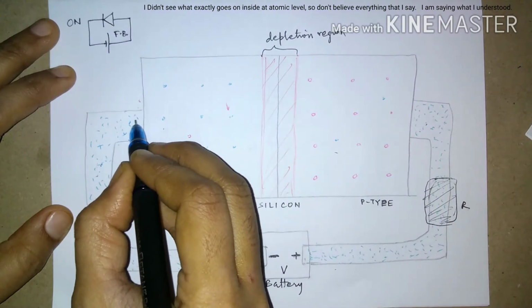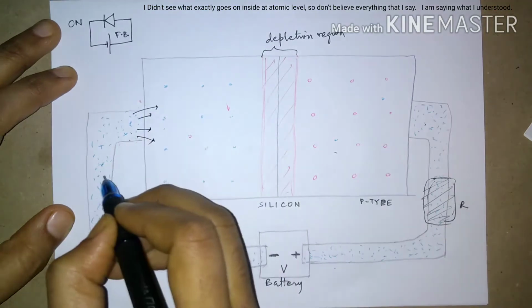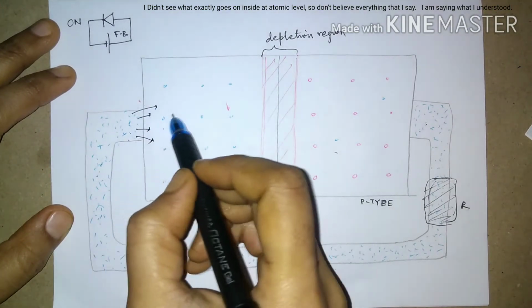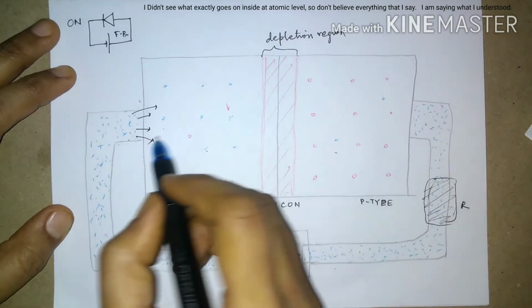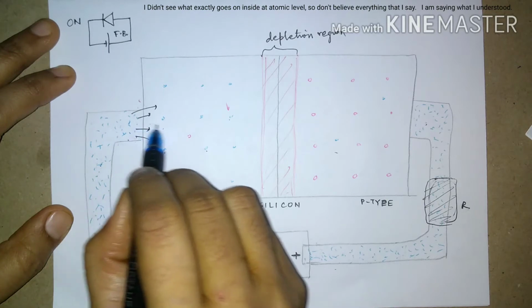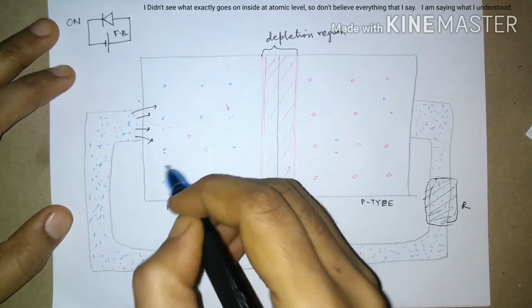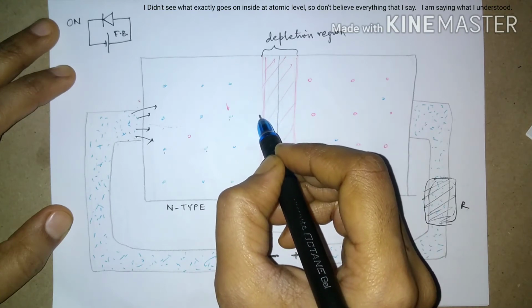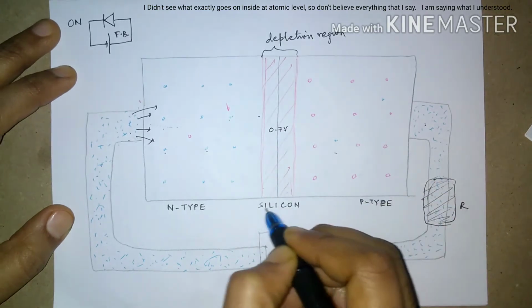Once these electrons try to enter into this region, because of the force applied by the battery, these electrons repel these electrons which are here. So the repulsion forces increase and these electrons gain more energy. They need only 0.7 volts because it is silicon